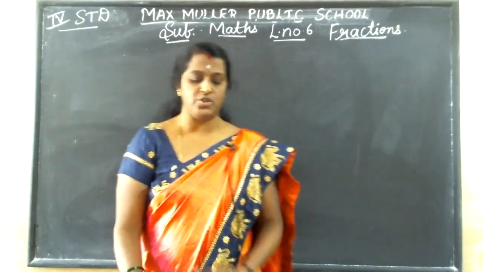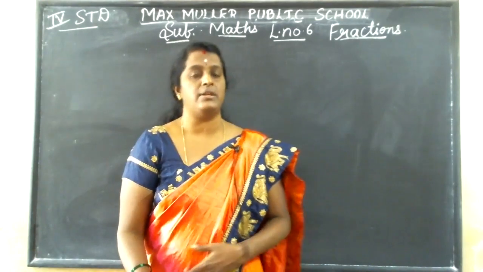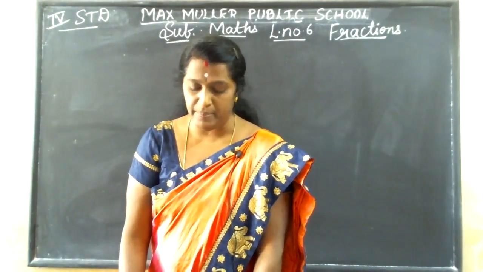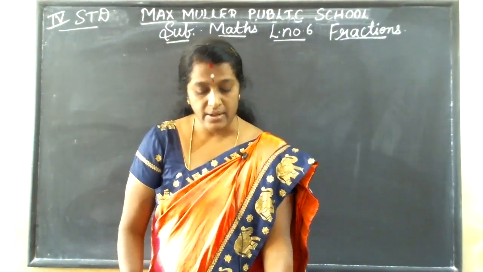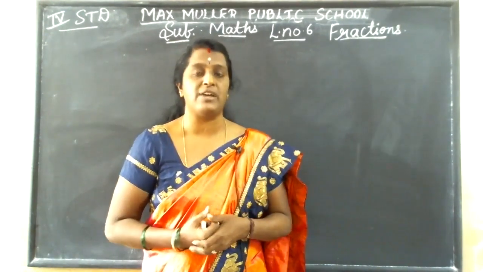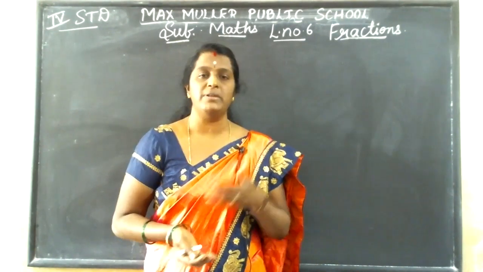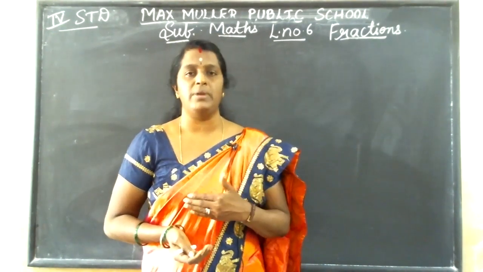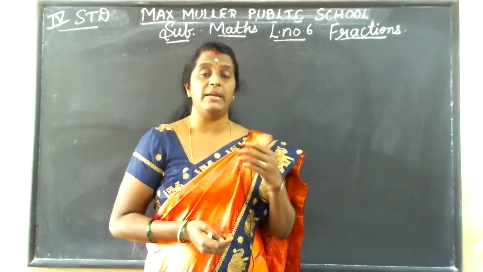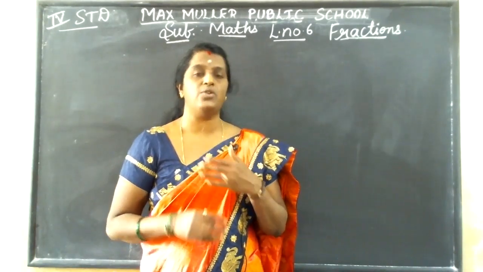The shaded portion shows the same part of the whole. You have learned equivalent fractions by multiplication, and you have learned proper and improper fractions. In that, I'll teach the conversion of improper fraction to mixed fraction, and from mixed fraction to improper. Proper means the numerator will be lesser and the denominator will be greater. In an improper fraction, the numerator will be greater and the denominator will be lesser. So convert them into mixed fractions.